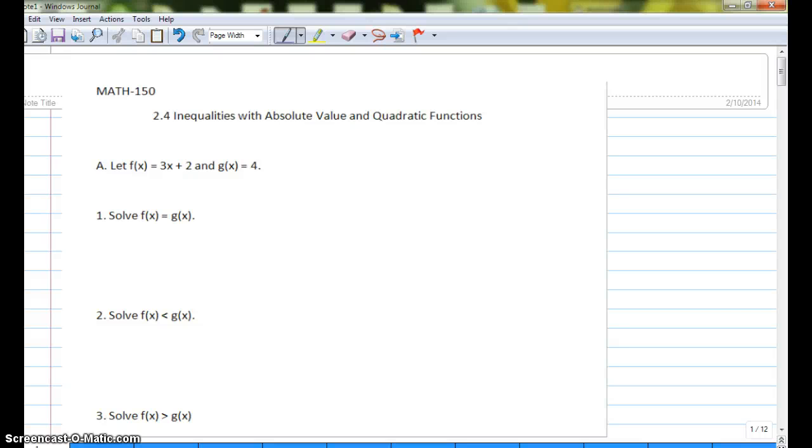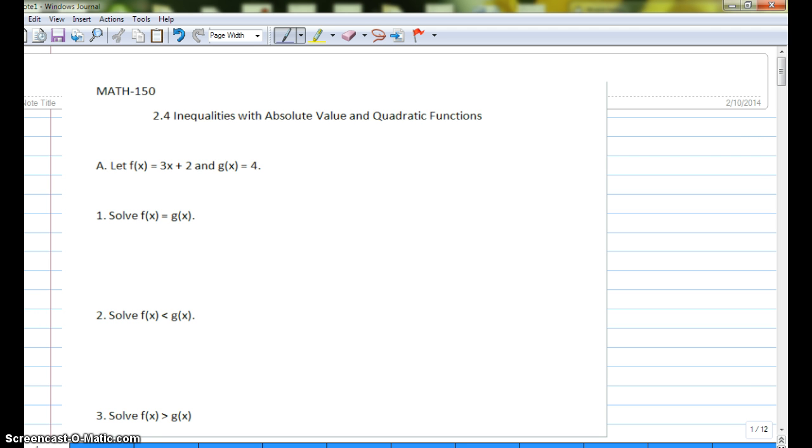Hello, in this video we're going to go through the first half of the notes of 2.4. So 2.4 is about inequalities of absolute value functions and quadratic functions. So in this video we'll do the absolute value functions, and then I'll make another video that will go through the quadratic functions. So let's actually take a step back and look at some linear functions and talk about some